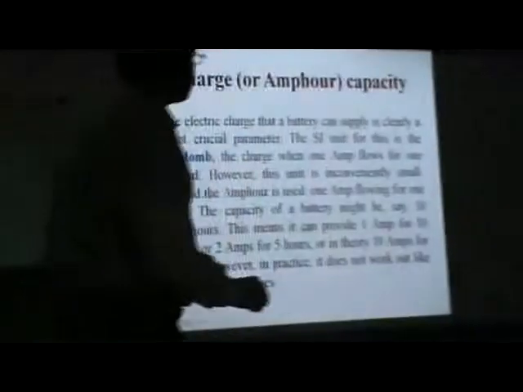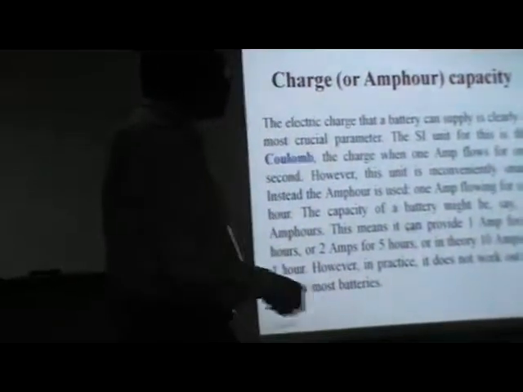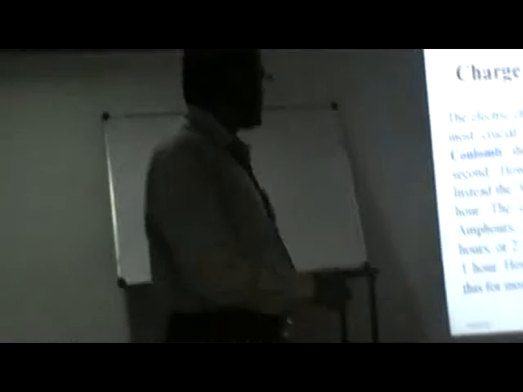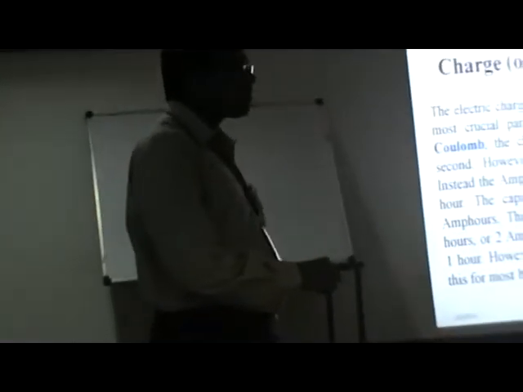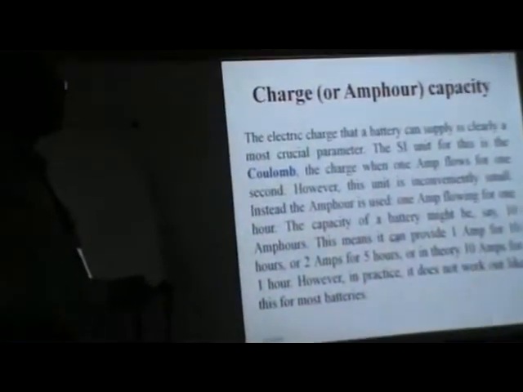Next is the charge in ampere hour capacity. Charge is in terms of coulombs, but we want ampere hour, because the battery stores energy in terms of chemicals, which we call by the coulombs. But the output is in terms of voltage, and the load is also converted in terms of current. Then only you take the ampere hour. How many amps are connected, according to that we have the number of loads connected. Then the ampere is designed to give the power supply. Then it is an ampere hour.